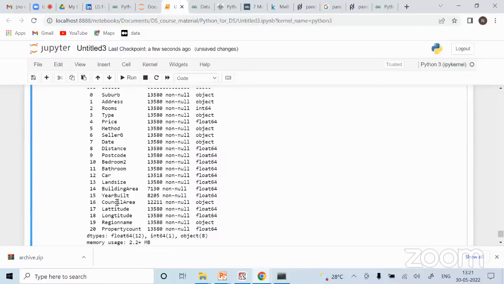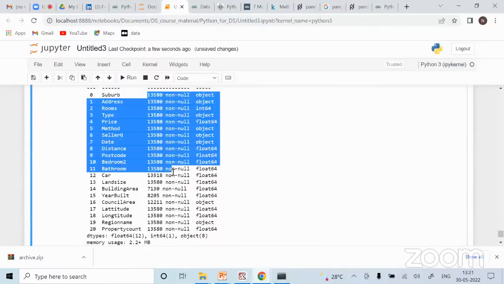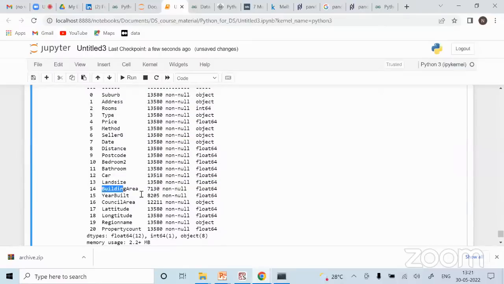So likewise I can get the data types. Another important information I'm getting is how many null records are there. So I see all of them have 13,580 except these three columns.